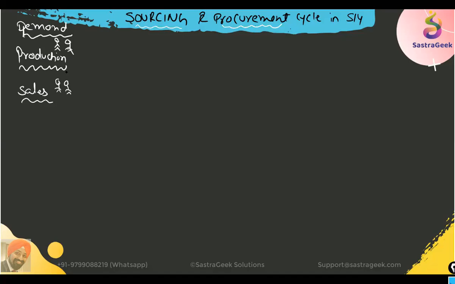So how does this demand come to the procurement department? Does it come directly, or do we have some tool or engine in between? In between, to convert this overall demand, the raw materials or materials demand, into purchasing demand, and to determine exactly what quantity we require and on what date, we have a planning engine. What is that planning engine? We call it MRP, material requirement planning. What does material requirement planning do? Simple, guys, as simple as that.